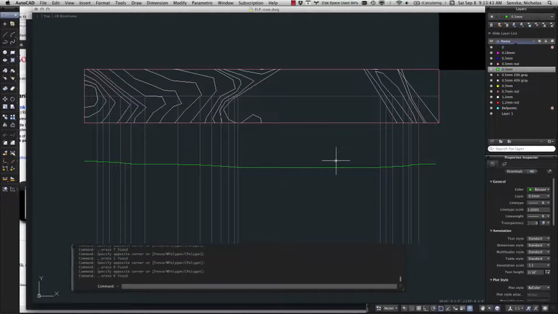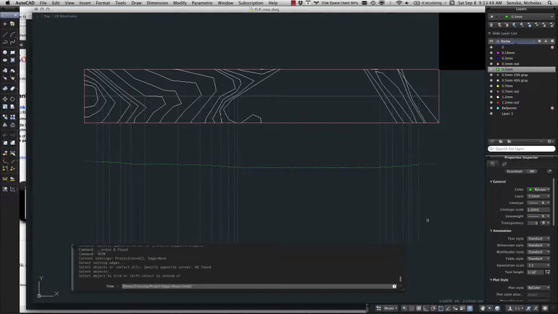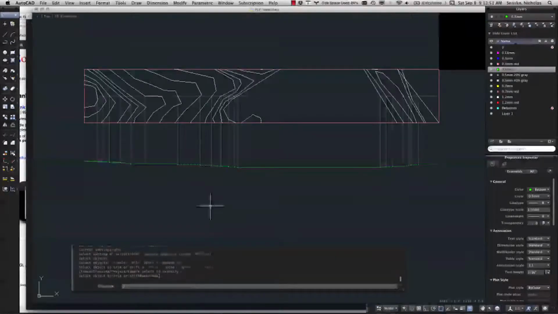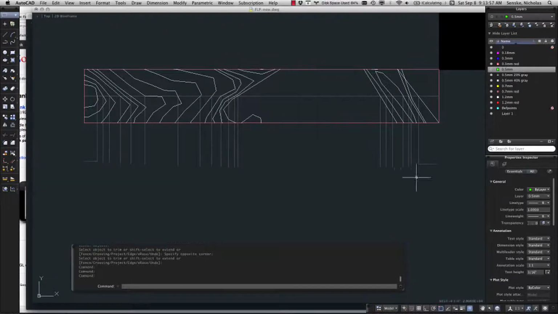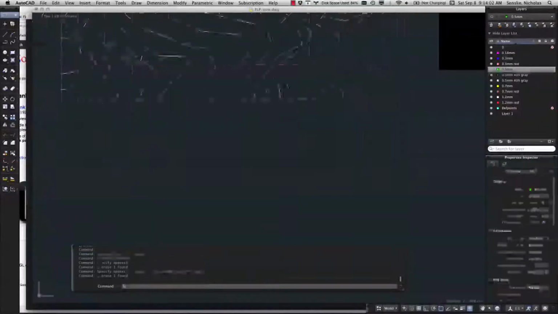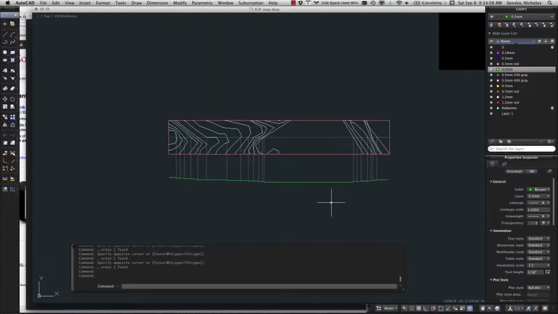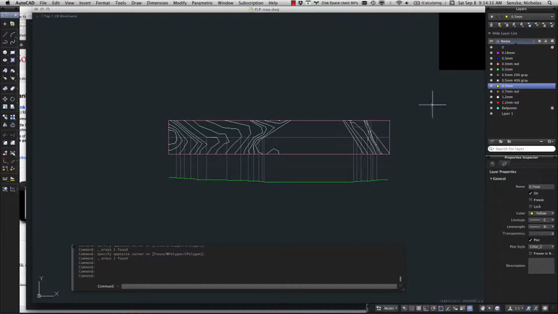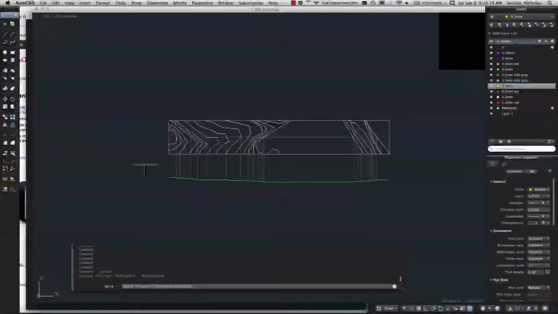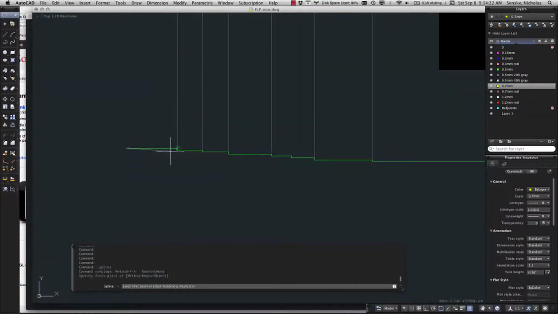Say trim. Turn that off. Just get rid of this garbage that's in here. Okay. Not too bad though. So now I'm understanding the kind of contours here, and then what I might do, and I'm just going to use a different color here to represent it. But if you have that, you can kind of take and